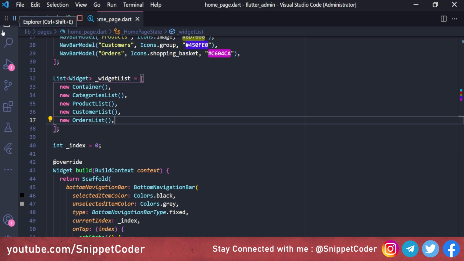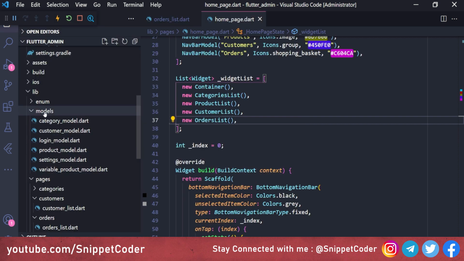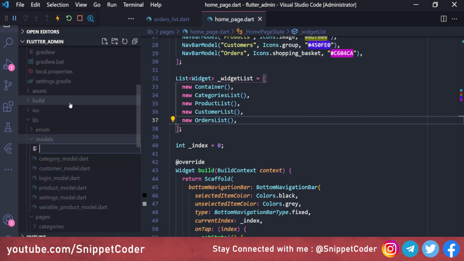Now first of all we have to create our model files, and we have to create two model files here. The first one is for the order listing, and that model file will be named order model, and the second file will be for the order details, and that will be used for our order details page. So now we will go to our model folder, and from here we will create a new file